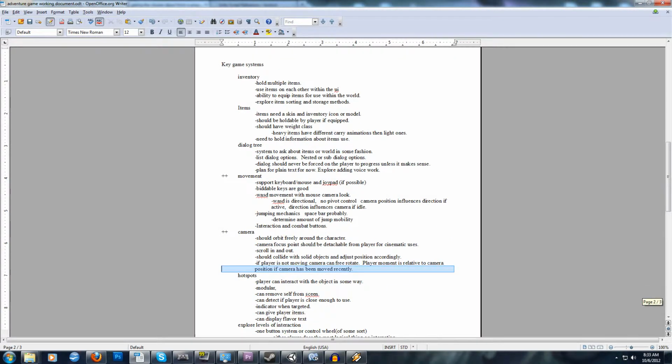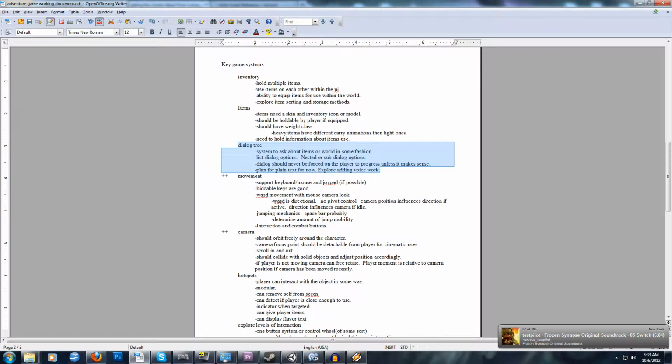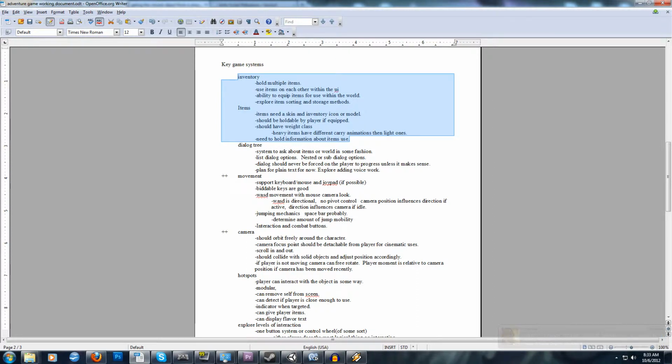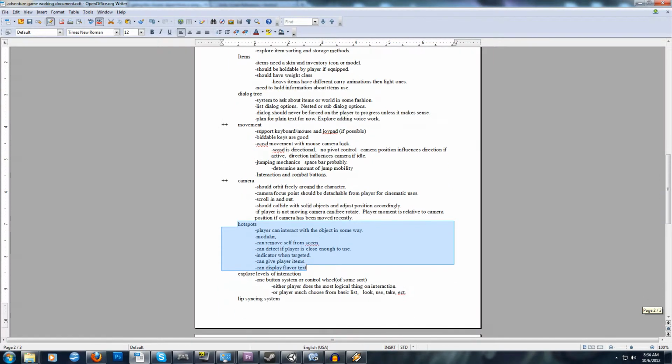So I think for next time, I'm going to try to get hotspots finished, and the dialogue tree in place, or at least started. And then after that, I will be doing inventory and items. I'm starting with the hotspots before the inventory because the hotspots are kind of the way you interact